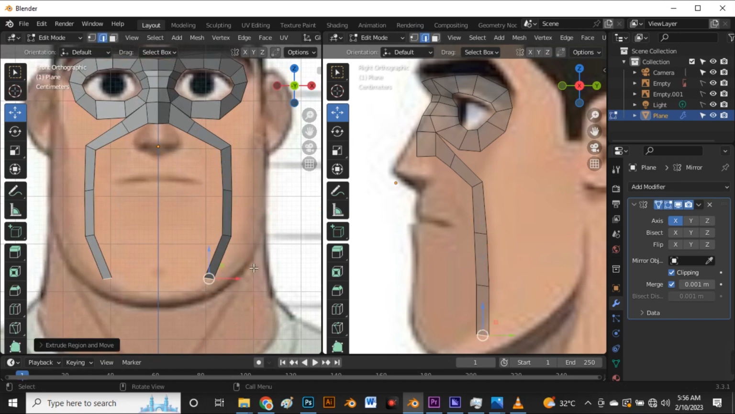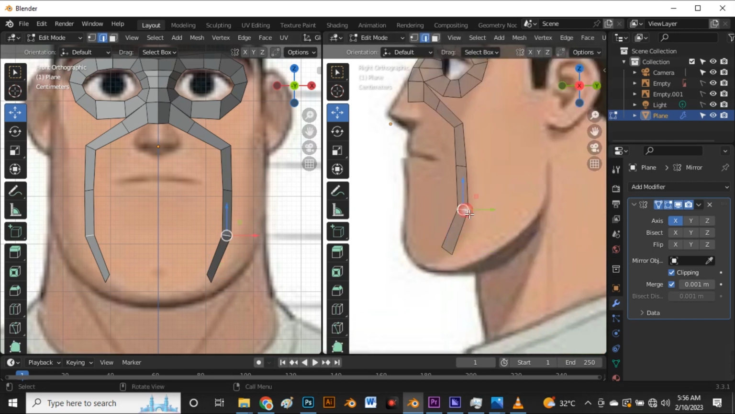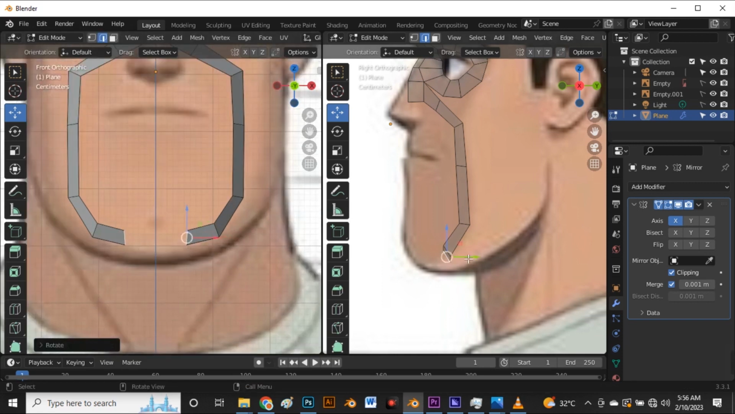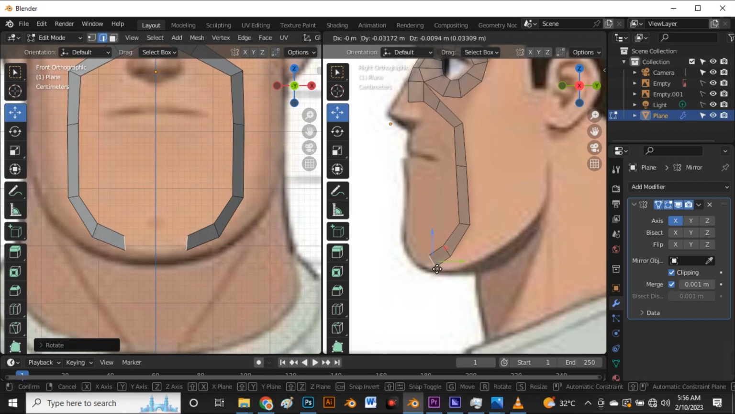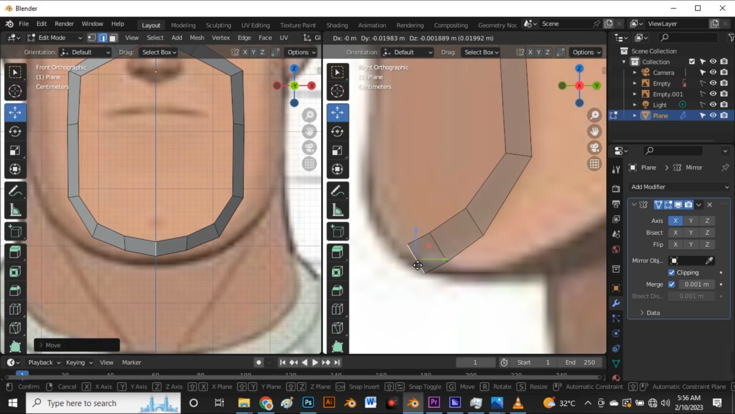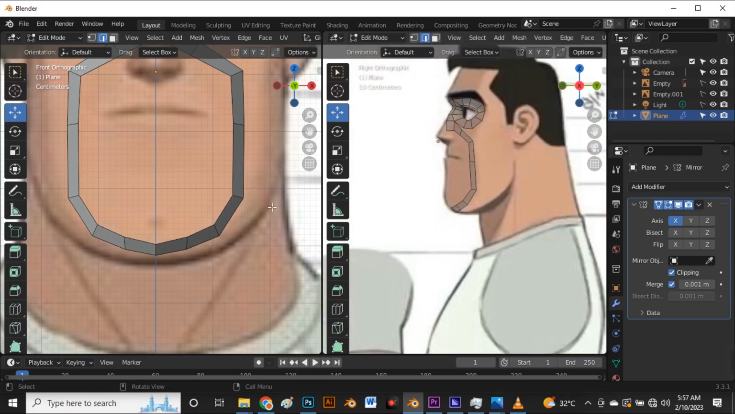Say E to extrude again. R to rotate. E to extrude. R to rotate. Move this forward. Say E to extrude. Last time. Move this and say R to rotate. To ensure you follow the topology, which is nice, and